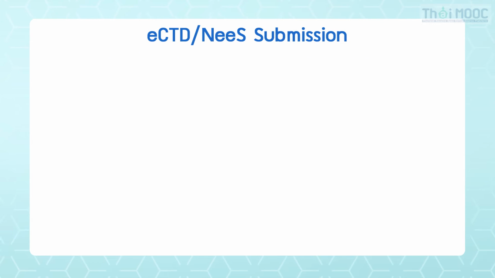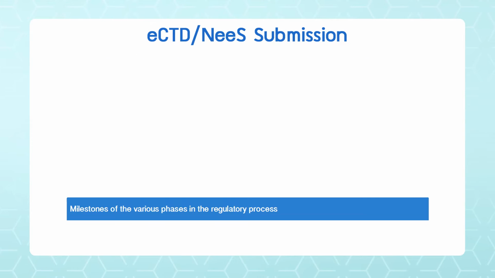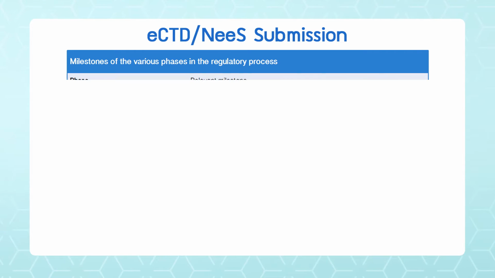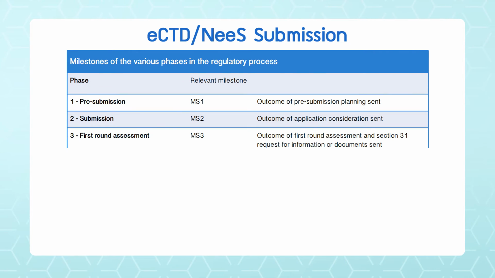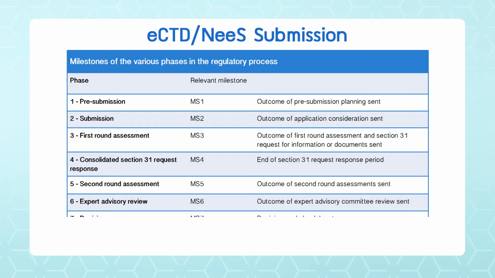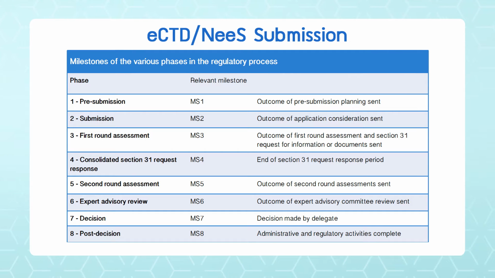Now, Australia has very distinct 8 milestones in the regulatory process during the registration. So they have milestone 1, 2, 3, 4, 5, 6, 7, 8. Milestone 1 is a pre-submission. This is something which they insist on, and it would be very good if the company can have a pre-submission meeting before they start, to express their interest and brief the TGA on what product they intend to submit.